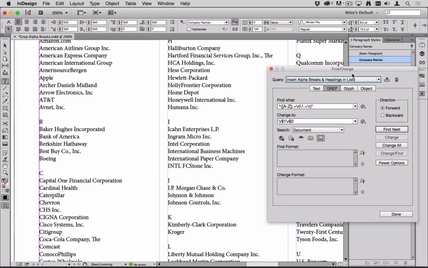Now before I call it a day here, there's one last step, and that's to restore the word "the" where we needed it at the beginning of some of these company names. Now that everything's set up the way I want it, it's time to get these company names back the way they should be presented. So I'm going to clear out everything here, and I need to do another find change